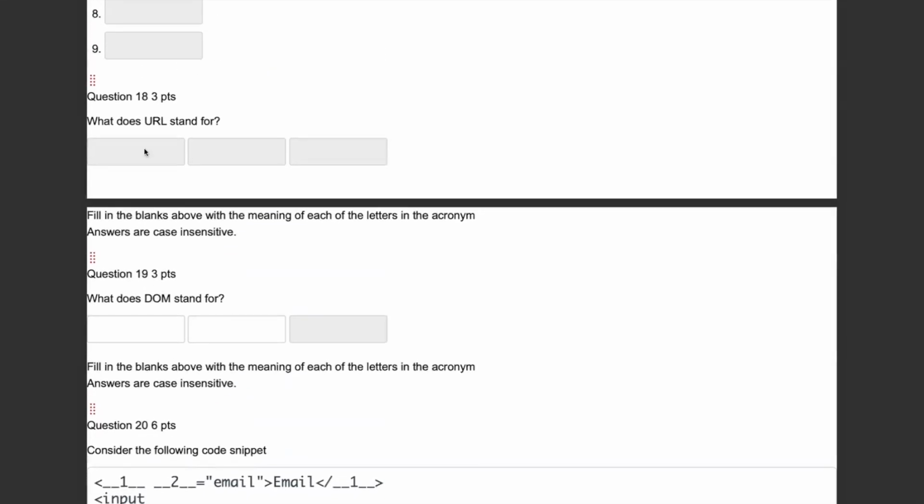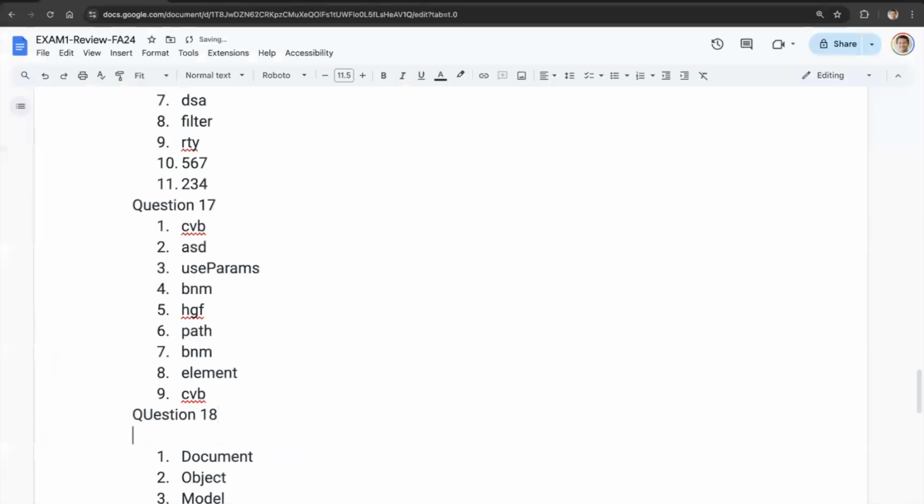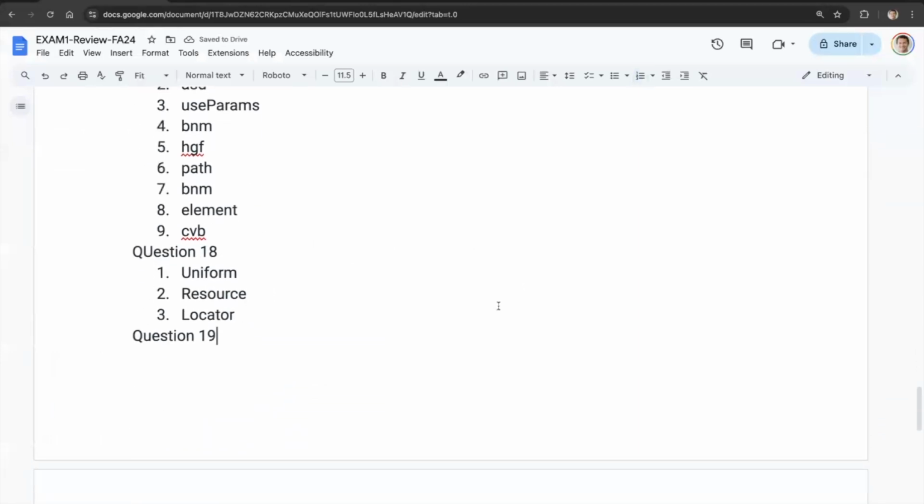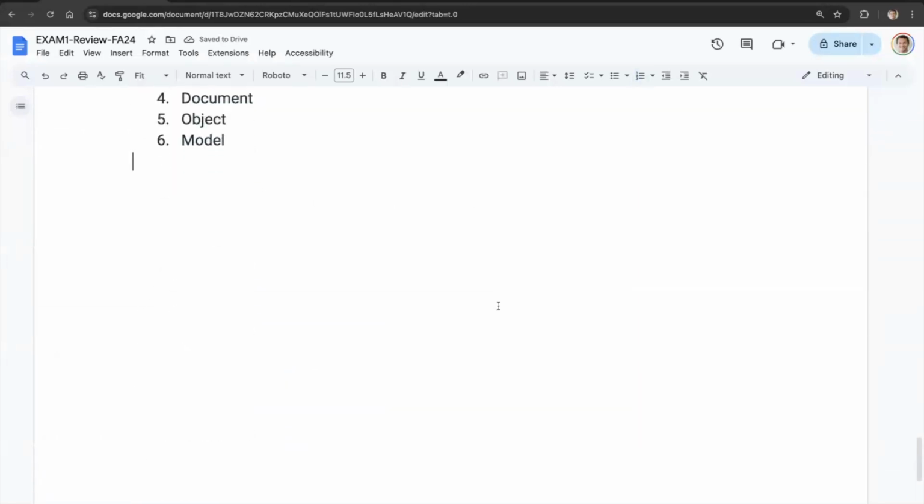Did I count wrong? Oh, 18 is URL, sorry. So question 18 is URL, so uniform resource locator, and question 19 is document object model, and 20